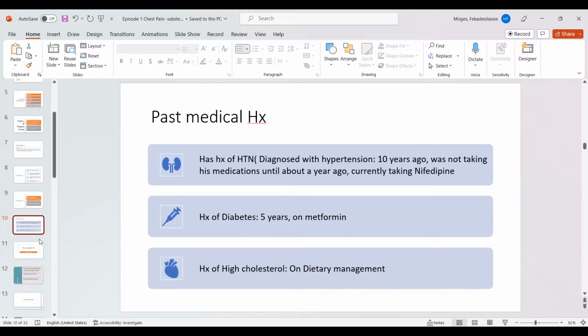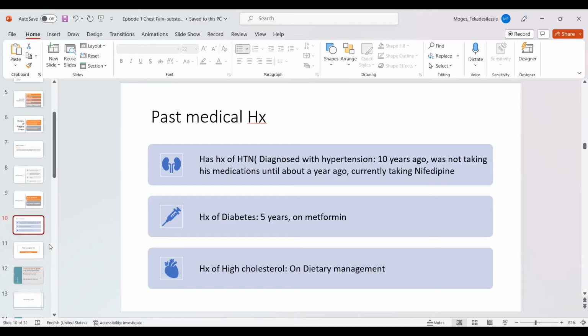So this is most probably going in the direction of the heart, right? So when you feel that probably I'm dealing with a cardiac problem, then you want to know whether I have a cardiac history or not. So at least you can say, have you ever had any heart problem in the past? You know, if the patient had history of, say, CHF or anything, they can tell you.